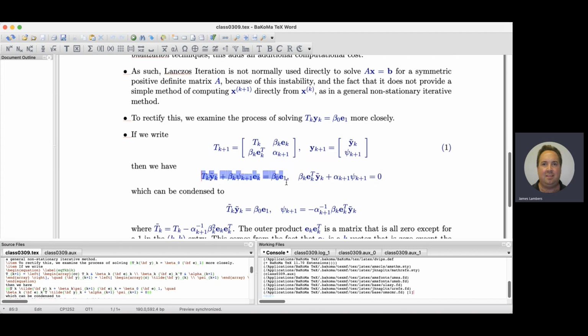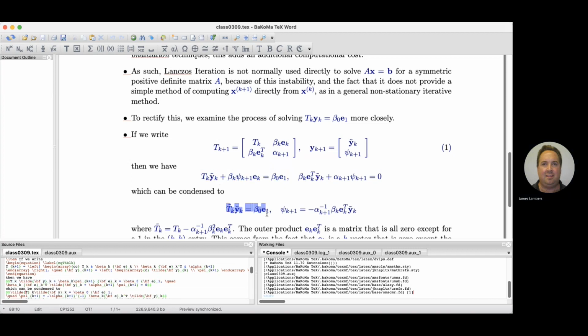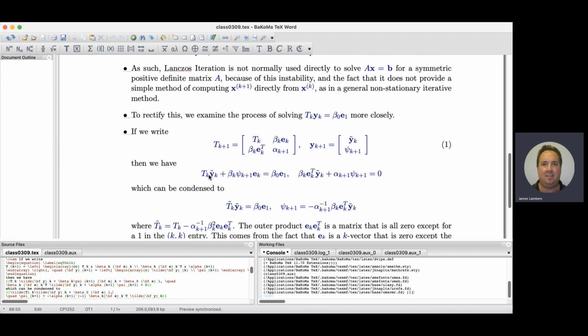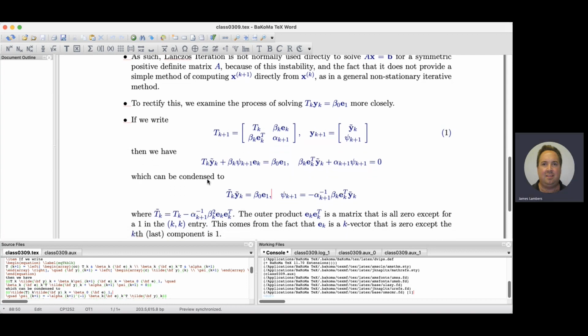So I can think of this system as this system, where notice I have T_k tilde rather than T_k. T_k tilde is a modification of T_k, where what I've done is first used